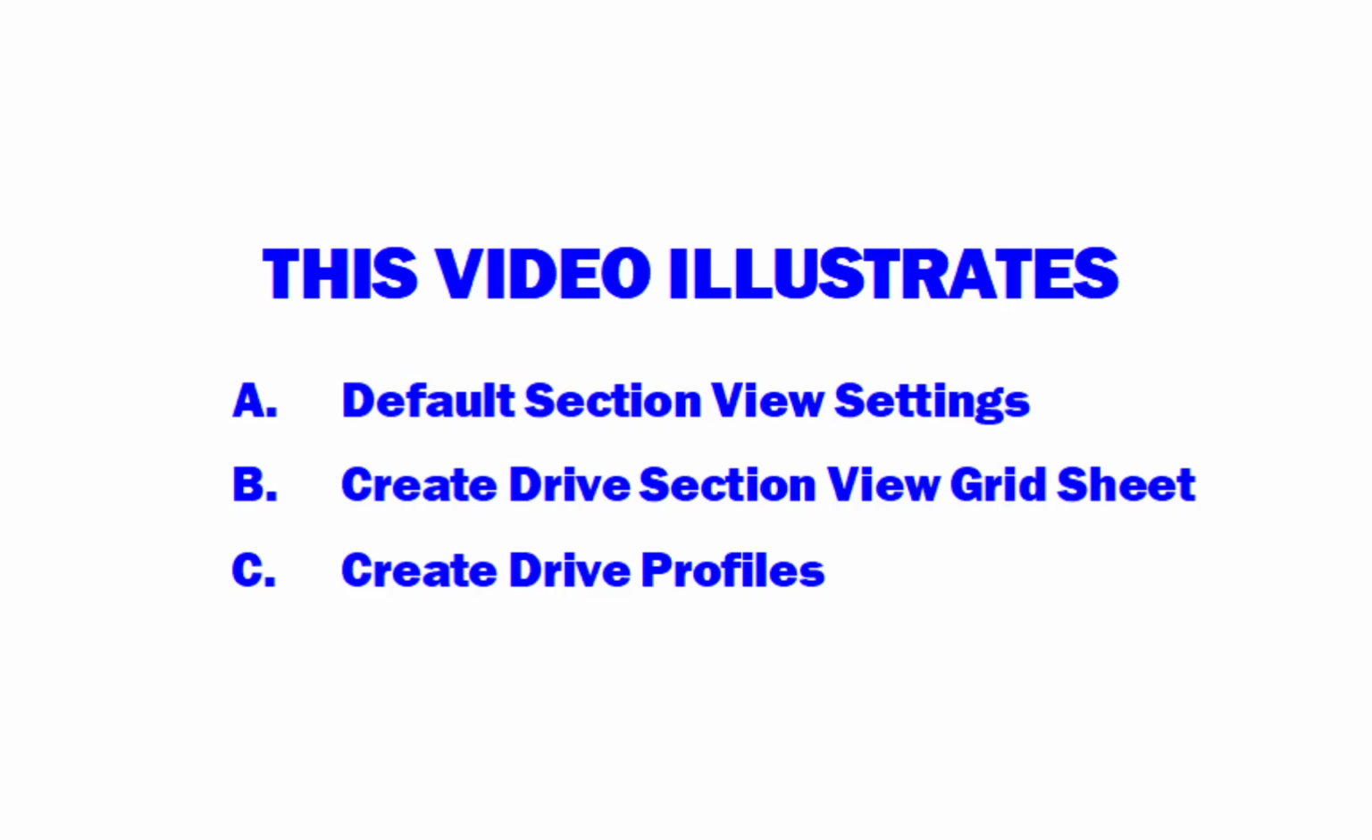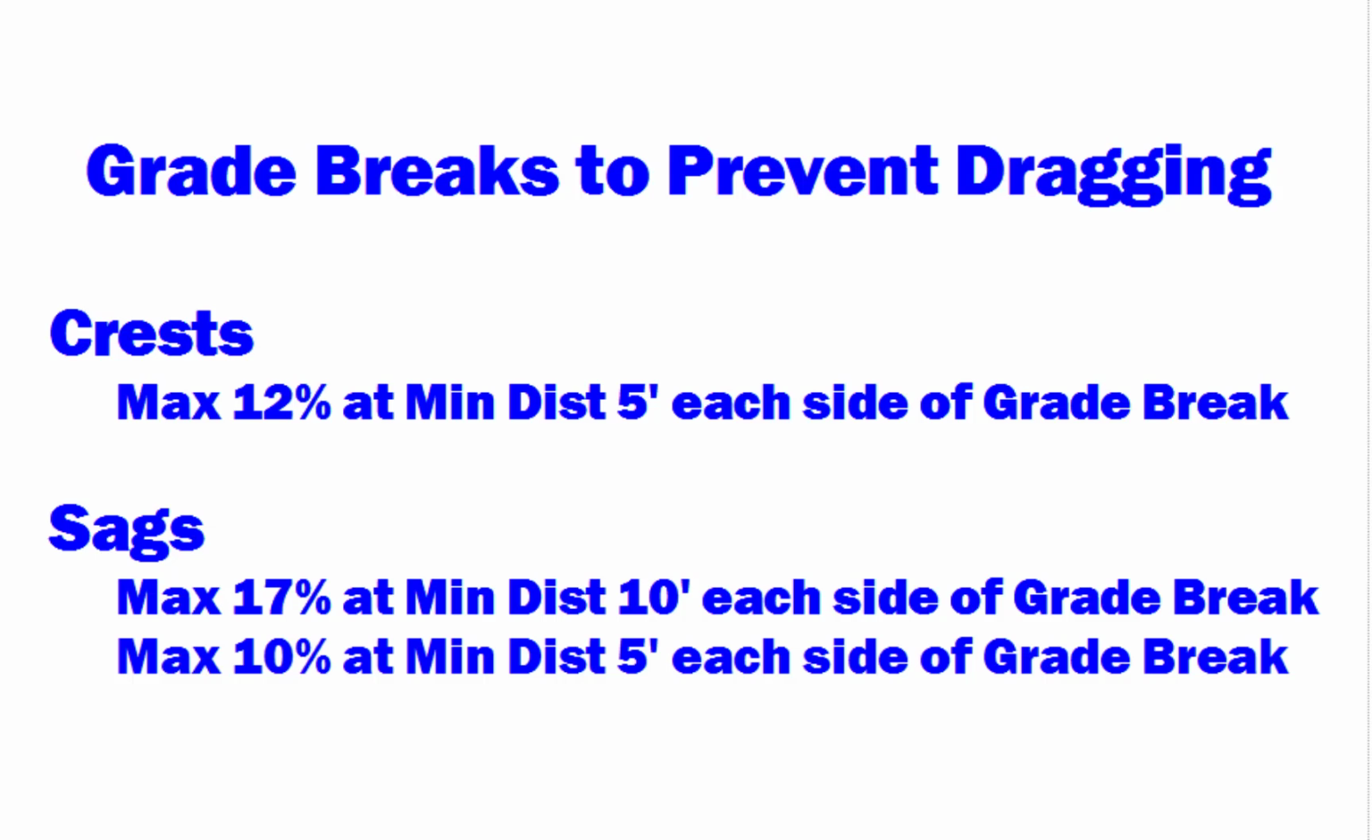C. Create drive profiles. To prevent vehicle dragging, grade breaks in a driveway profile should not exceed the following. At crests, a maximum of 12% at a minimum distance of 5 feet on each side of a grade break. In sags, a maximum of 17% grade break at a minimum distance of 10 feet on each side of a grade break, or a maximum of 10% at a minimum distance of 5 feet on each side of a grade